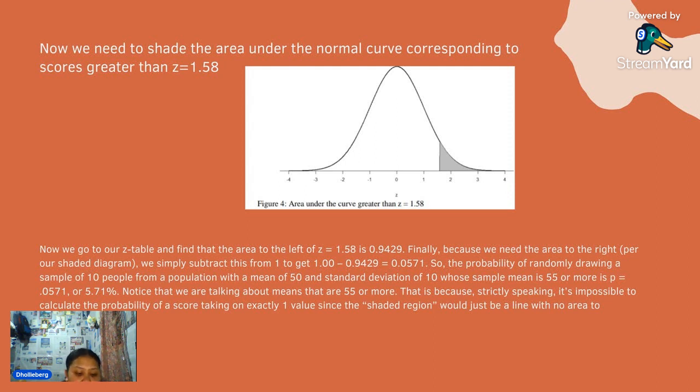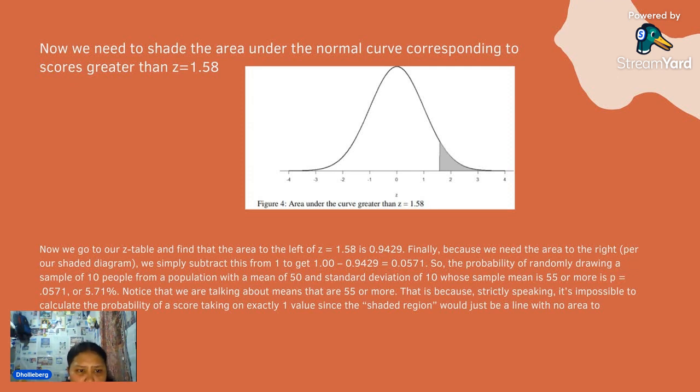So, in order for us to get the value of the tail, we have to subtract the z-score value, 0.9429, from 1. That is what we got earlier from our z table. So we subtract 0.9429 from 1.00,